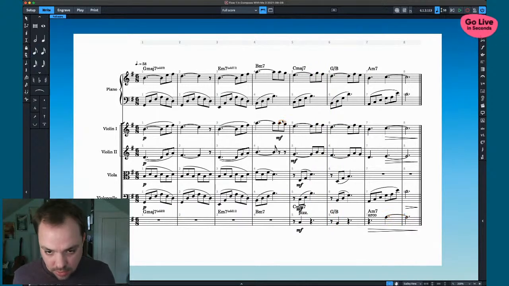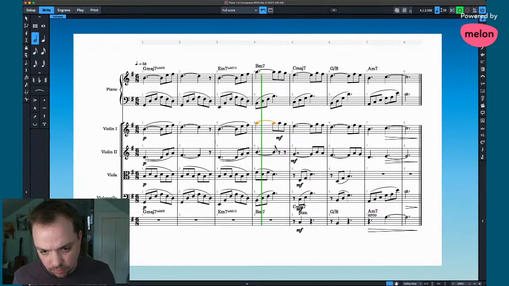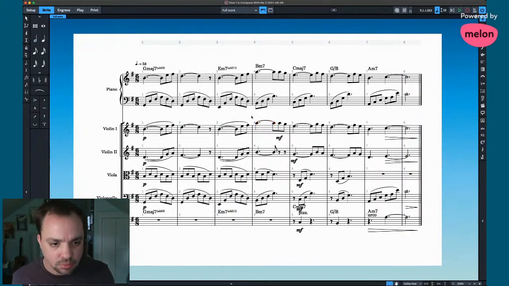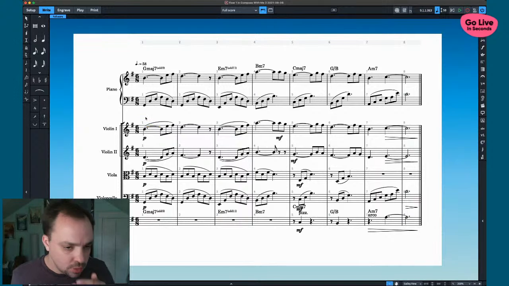I like that separated actually. Spice it up just a hair.